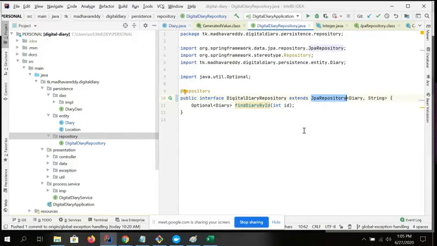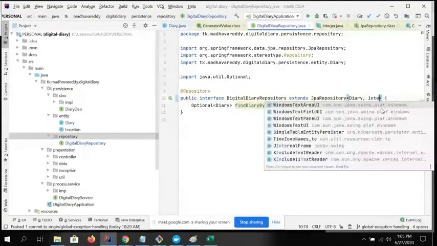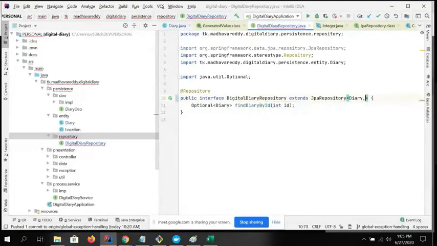I always prefer to have one repository for the master class, and this is a diary master class, and whatever type you specify as the ID, at this moment I can make it an integer. It could be not only integer, it could be a string or a combination of string, it could be anything.